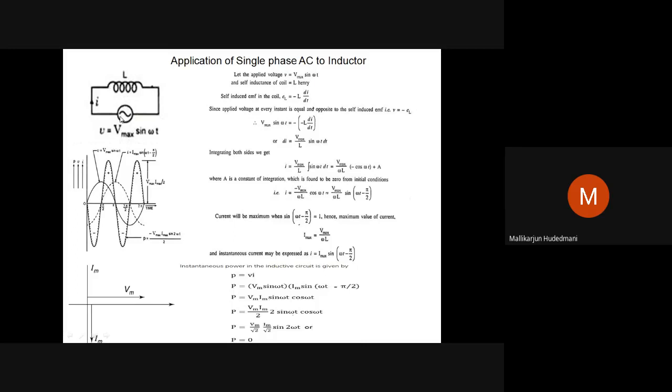What is the kind of voltage we are dealing with here? Alternating sinusoidally. Therefore, I have current flowing through this inductor. Now we have to understand what my ultimate goal is: obtain the current equation, obtain the relationship, obtain the power equation, draw all the waves, then convince mathematically. That is my task. So therefore, my heading starts with application of single phase AC.